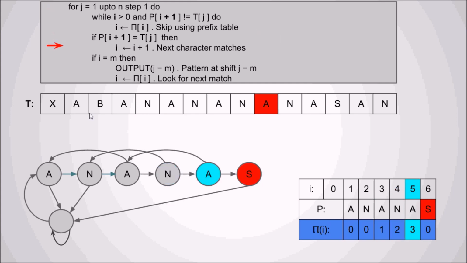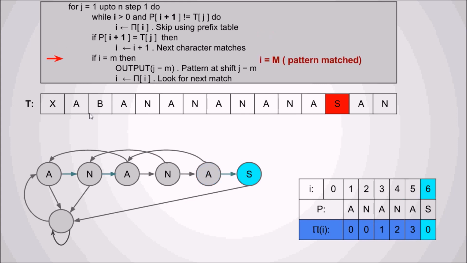We then find a mismatch. S is not equal to N. Good guy prefix table tells us once more at which position we need to go so we can start again. We then go through the string finding two more matches until we get to S equals S. This is a match, finally, and we increase the I, which is now the same value as the length of